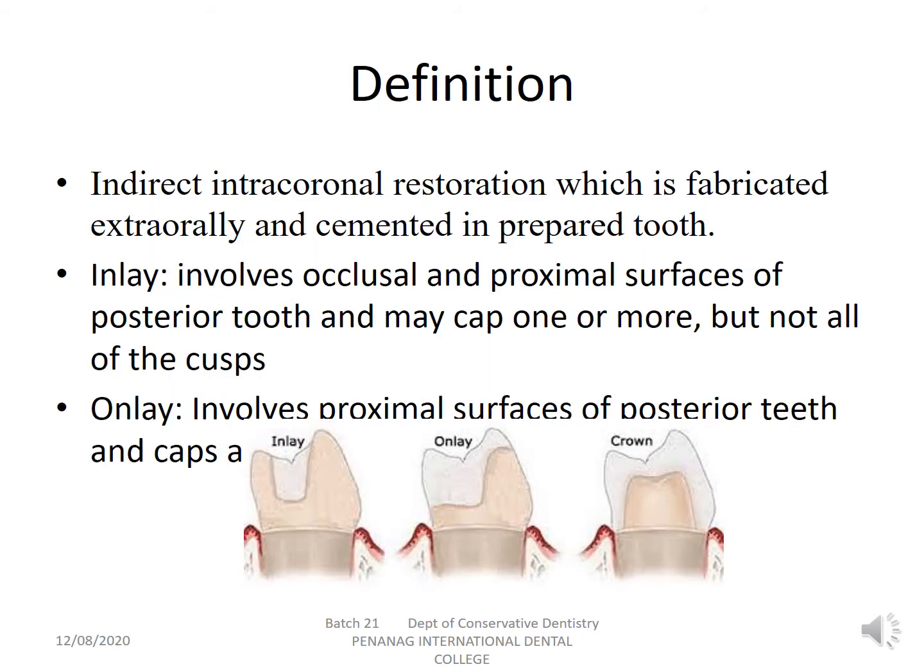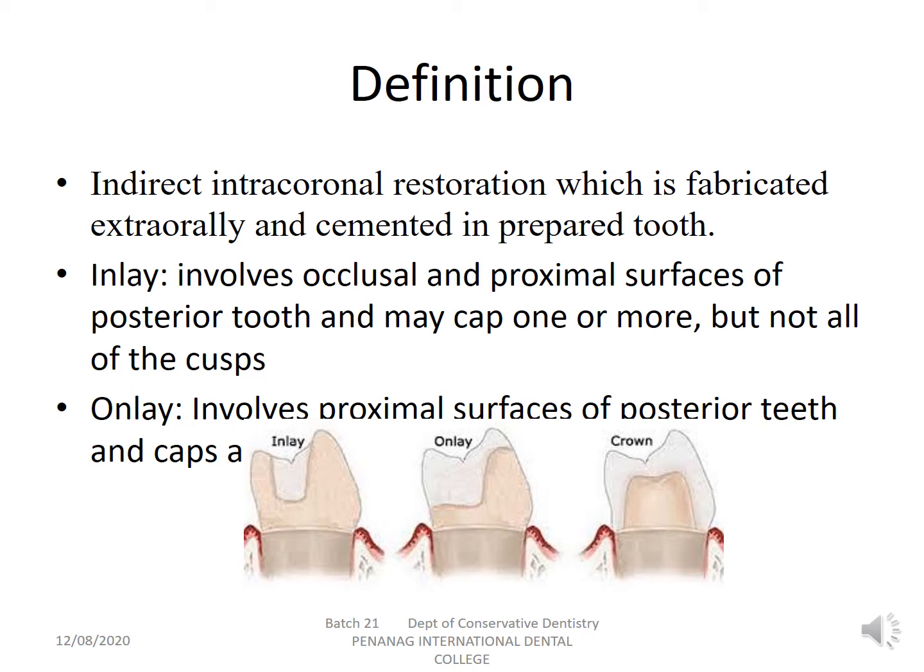So before we go into the definitions of inlay and onlay, which are the different types of cast metal restorations, let's look at the difference between an indirect and a direct restoration. A direct restoration is a restoration in which preparation and the restoration is done in the patient's mouth during the same appointment, whereas in an indirect restoration, the preparation is done, and after the preparation, the impression of the prepared surface is taken, sent to a lab for the fabrication of the restoration. Fabrication returns from the lab, and then you cement the restoration in the patient's mouth. So usually it is done in two appointments, whereas the direct restoration is usually done in a single appointment.